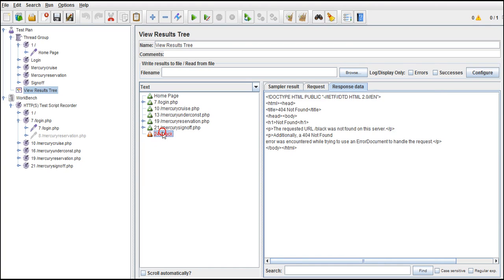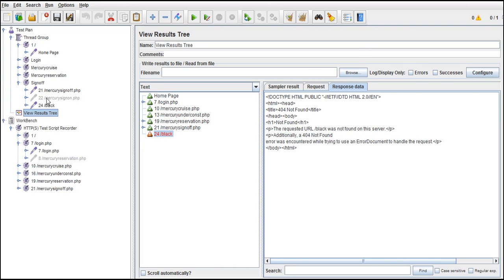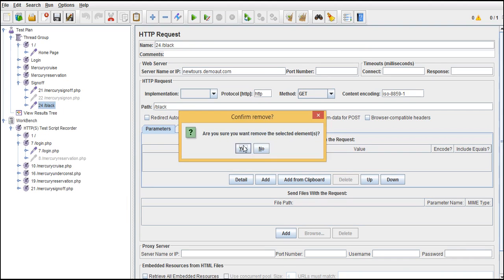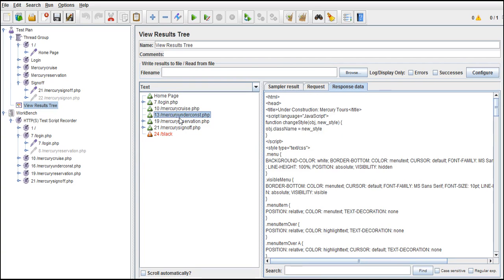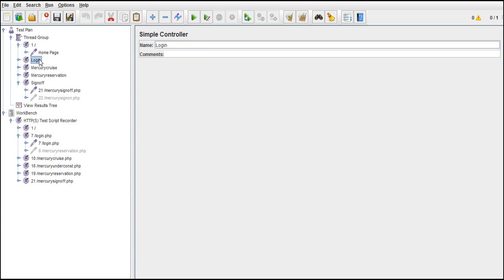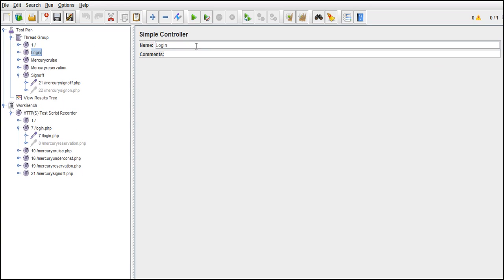Okay, let's delete this, at least this one sign off, which is not required for us. So cool, now we are at this page. Now I'll bring the concept of controller, right? So let us assume that first I'll talk about simple controller. Simple controller in the sense, if you click on all the requests, you are getting something like here,